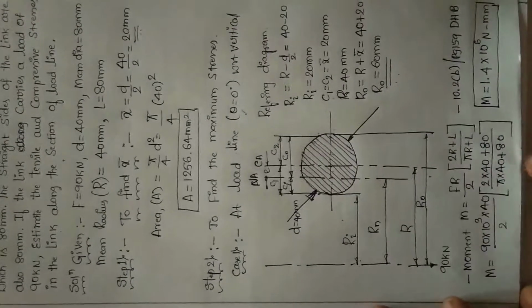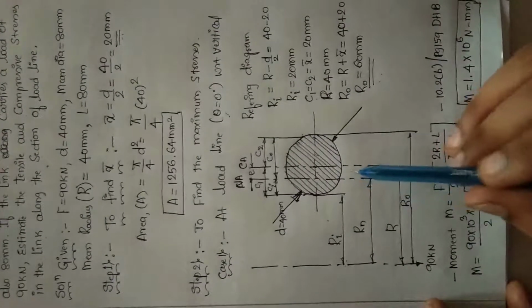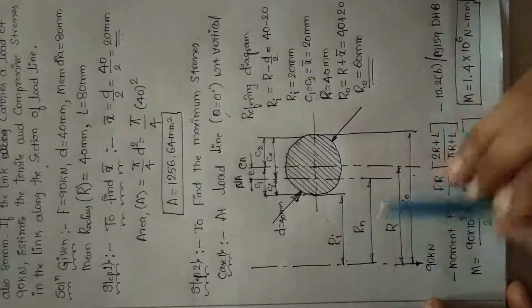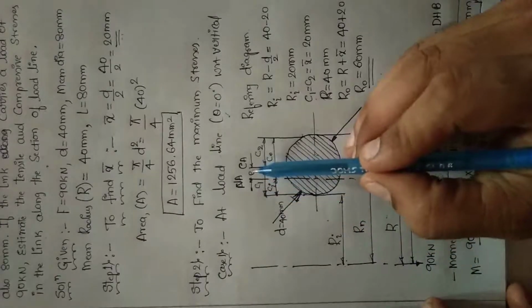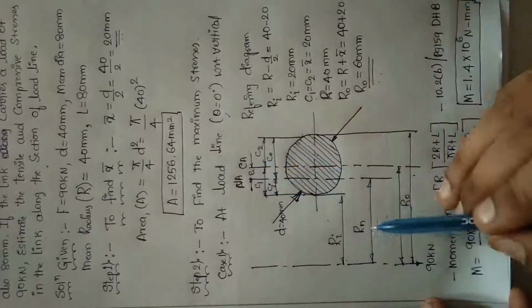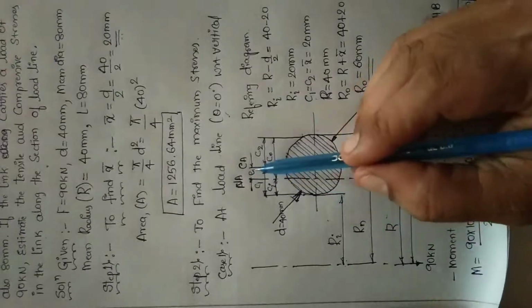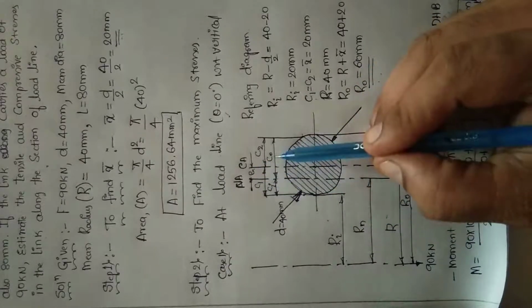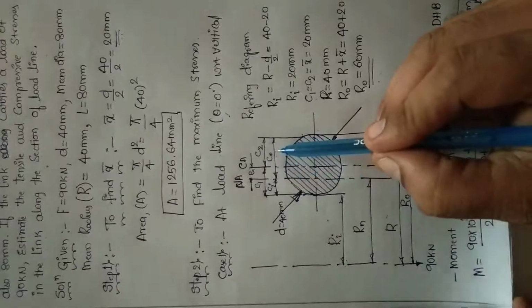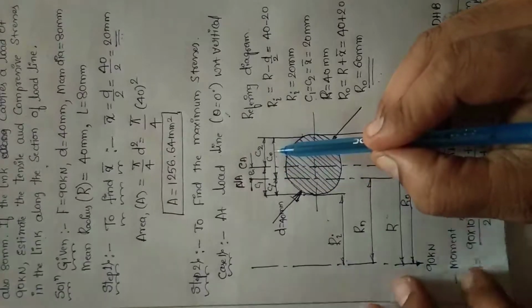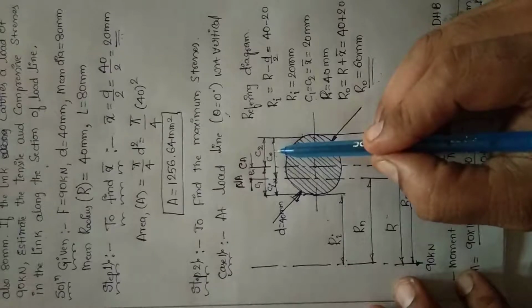Fine. So next, we have something left in these notations. What is that? E. Once I find E, I'll get Rn directly from the E. Once we find E, I'll get Ci and C naught. Without Ci and C naught, I can't find the inner fiber bending stresses and outer fiber bending stresses. Fine. So now I will solve the bending stresses.